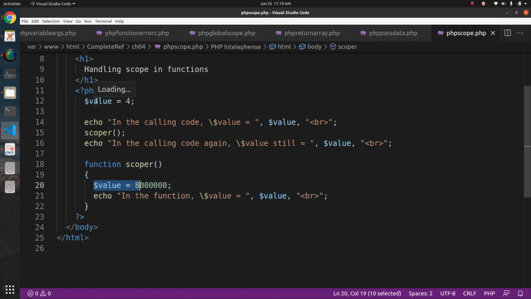In PHP you can have two kinds of variables. One variable has global scope. By global I mean that the variable can be accessed anywhere in the script. Okay, and by local we mean that if you have defined a variable within a function, that variable will be called a local variable, and that variable cannot be accessed outside that function.